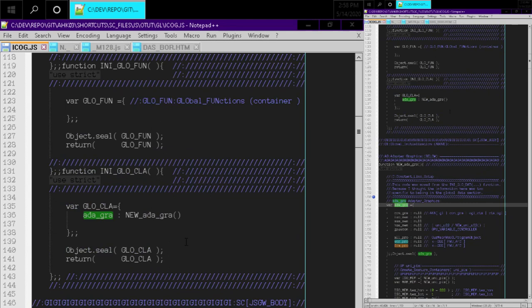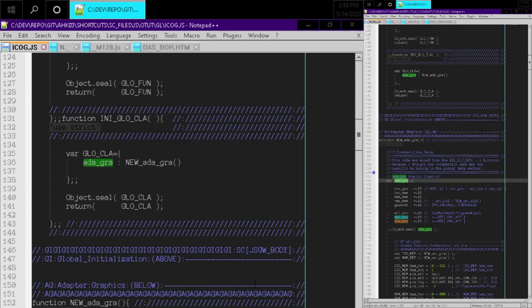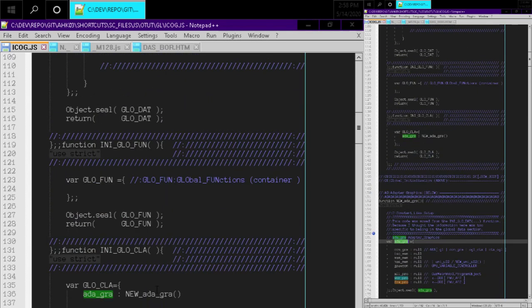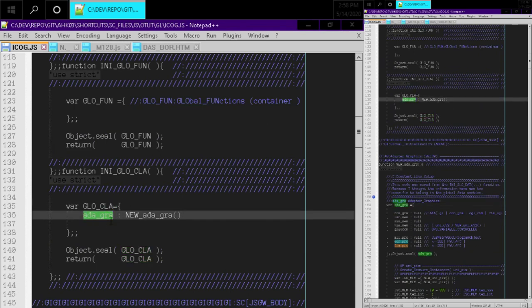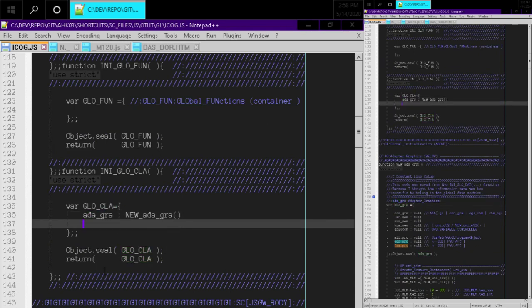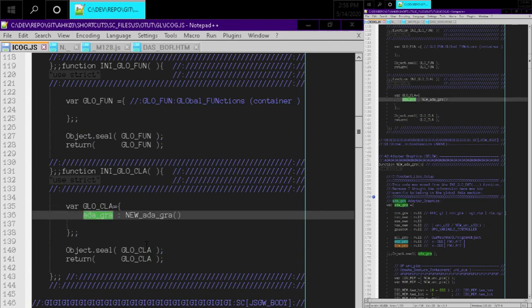Right, because the canvas adapter is another layer of abstraction in the way we've done this. So in the global classes, after the adapter graphics, we'll have the canvas adapter, and the canvas adapter will hold a reference to the adapter graphics. That seems a little bit obtuse,